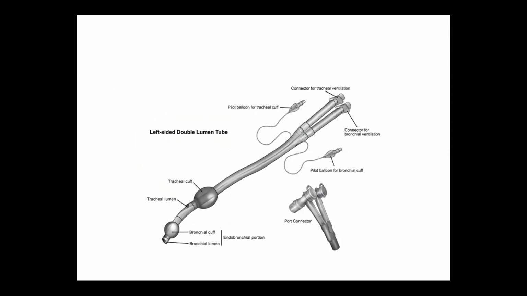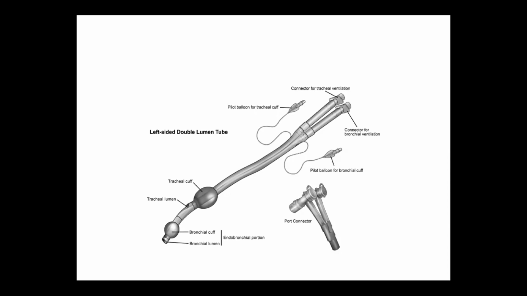Okay. And this port connector, another which you are seeing on the screen, is connected to the tracheal and bronchial end. The tube which comes after the port connector and will be connected to the ventilator is made up of silicone, very soft, and it is the part where the tube should be clamped. Okay, and we should know how much air we have to infuse into the tracheal cuff and into the bronchial cuff.